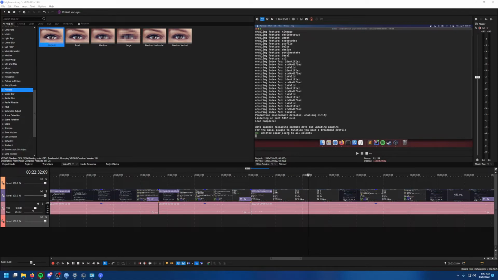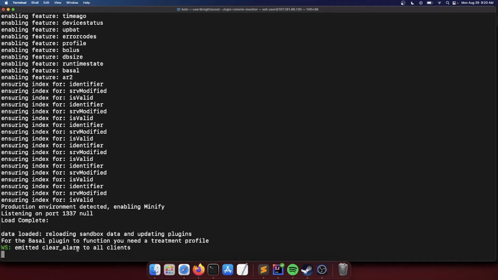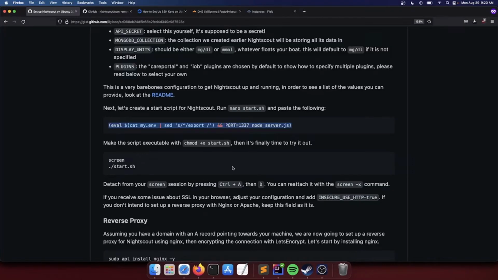To avoid this, we use a screen session, because when you close down your real shell session, that is still going to be running. So basically Nightscout will be running 24/7 without you having to keep the shell session open at all times. So in order to detach from the screen, we have to do, right, so it's probably different on Mac.